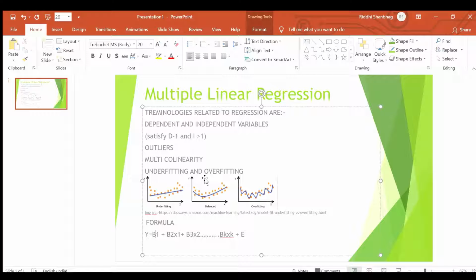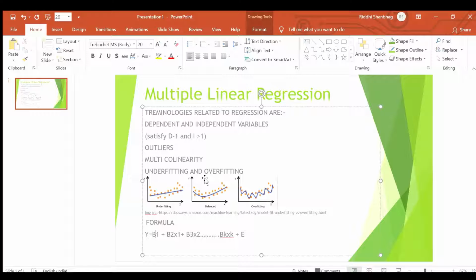So the third terminology is multicollinearity. In regression, multicollinearity refers to predictors that are correlated with other predictors. Multicollinearity occurs when our model includes multiple factors that are correlated, not just to our response variable, but also to each other. So in other words, it results when you have factors that are a bit redundant. So for our algorithm to work properly, the multicollinearity should be as minimum as possible.